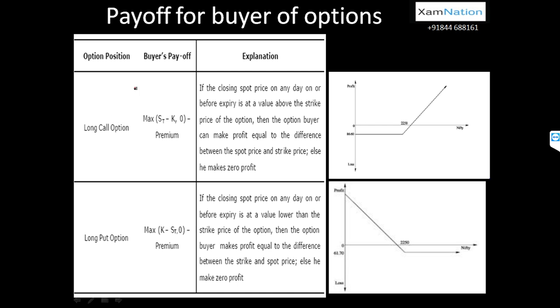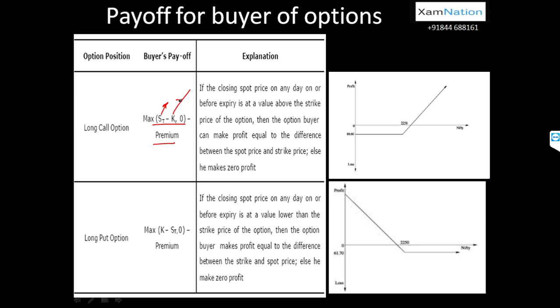So this would be the maximum of ST minus K, 0, minus premium. This would be the payoff of the buyers of the option. You must have understood that the higher the spot price, the more benefit for the person who has bought the call option, because he will buy the things at the